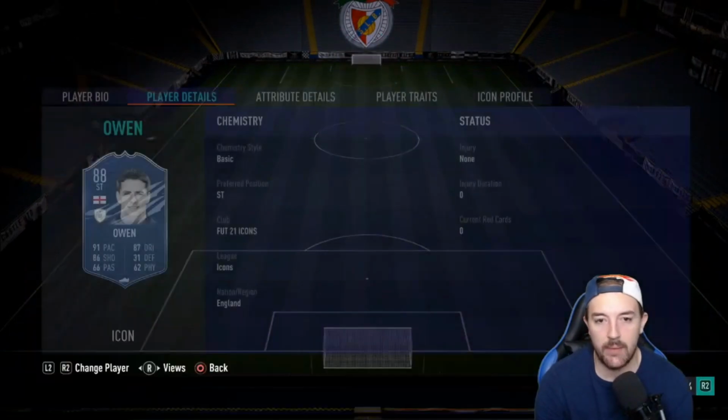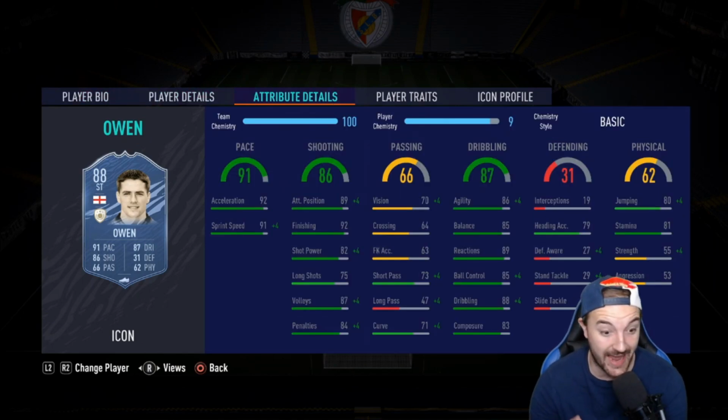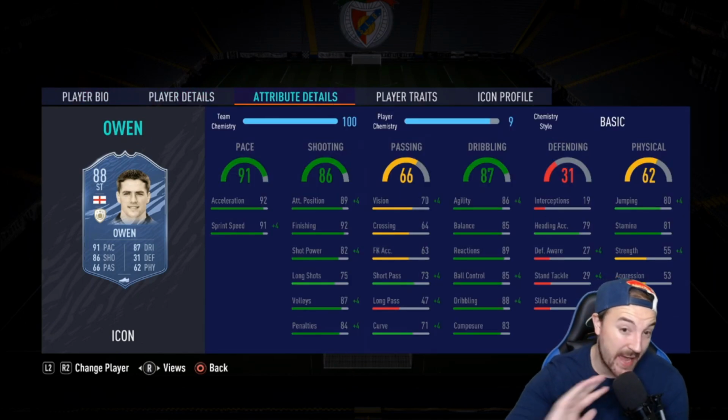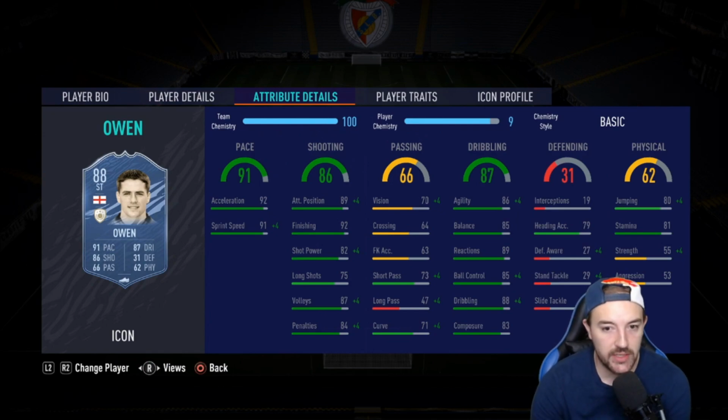Now, he's going to go up to medium work rates, 3-star skill moves, 4-star weak foot, 5 foot 8. A little bit different to the other two, a little bit more meta in terms of his size, but he's only got 3-star skill moves, which I hate in a player. His pace is going to be pretty much maxed out at 97 and 99 and 96. His shooting will also get maxed out generally. His attacking position will go to 94, his finishing will go to 99, shot power will go to 87,